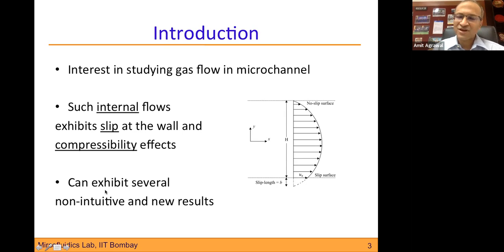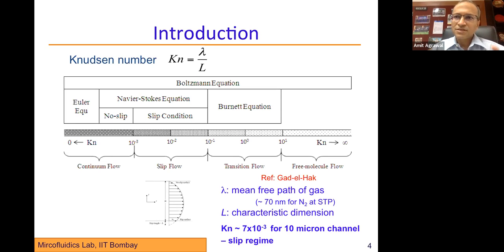And we found that there are several non-intuitive behaviors that these flows can exhibit. I'm going to give you 1 or 2 examples of that, and there are some new results that one can find. So these are very interesting flows to look at. This is because there is a new non-dimensional parameter, the so-called Knudsen number, that comes into the picture, defined as the ratio of the mean free path of the gas to the characteristic length scale in the flow. Using this Knudsen number, we can define different regimes, like the continuum regime,